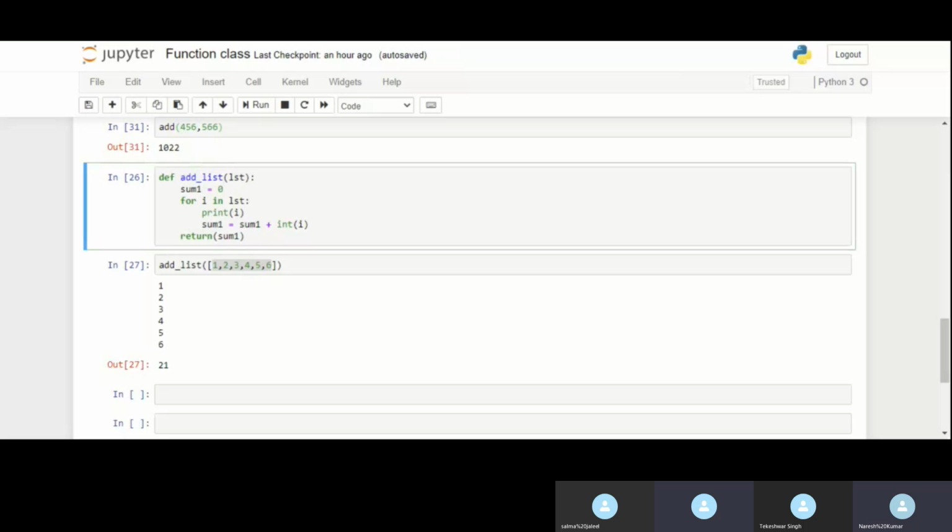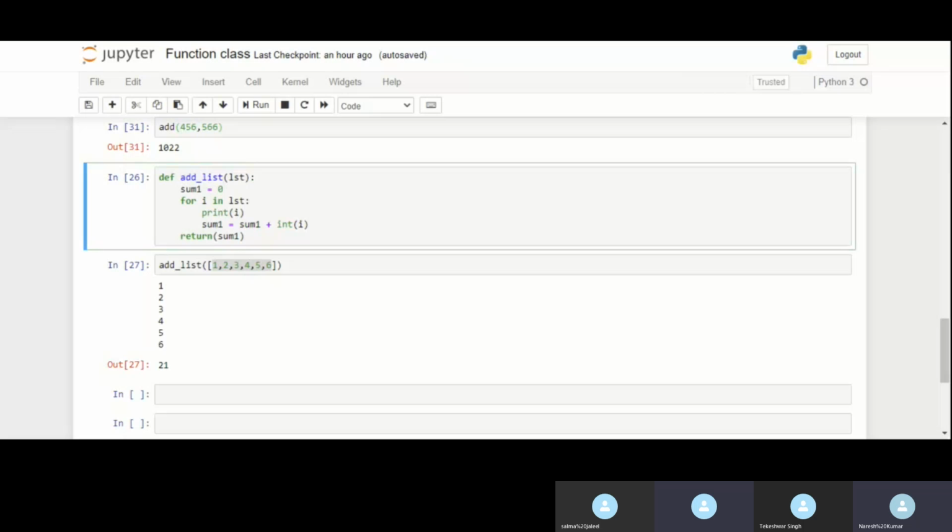So the problem statement is: you have to pass 2 arguments or parameters, and return the greater number if both are even.